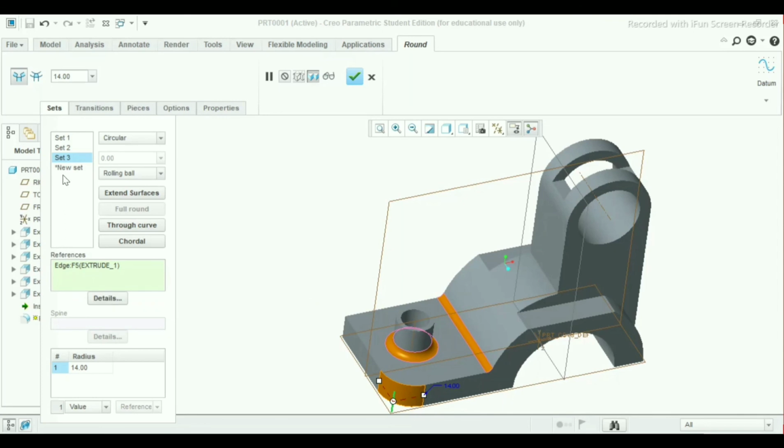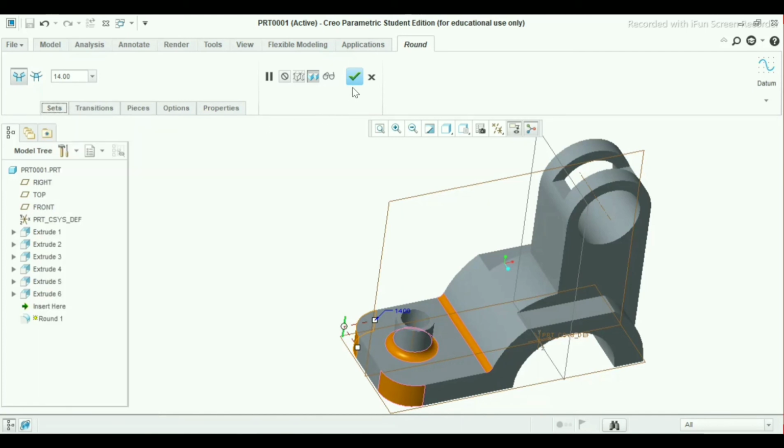Now the last one will be also new set, select this arc, remain as it is 14 mm radii. Just click OK.